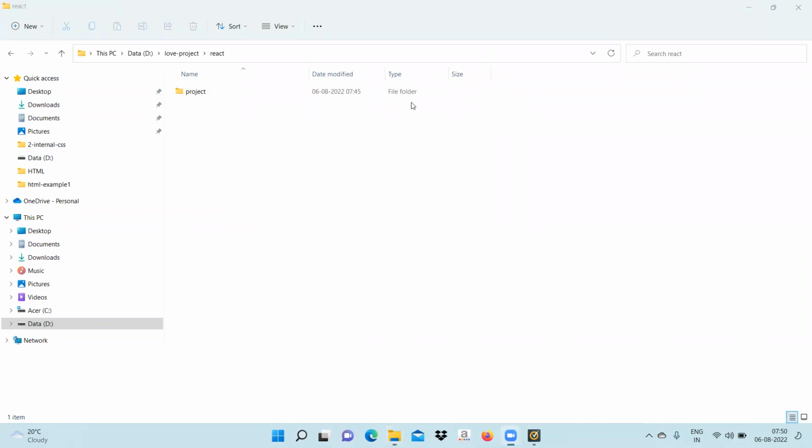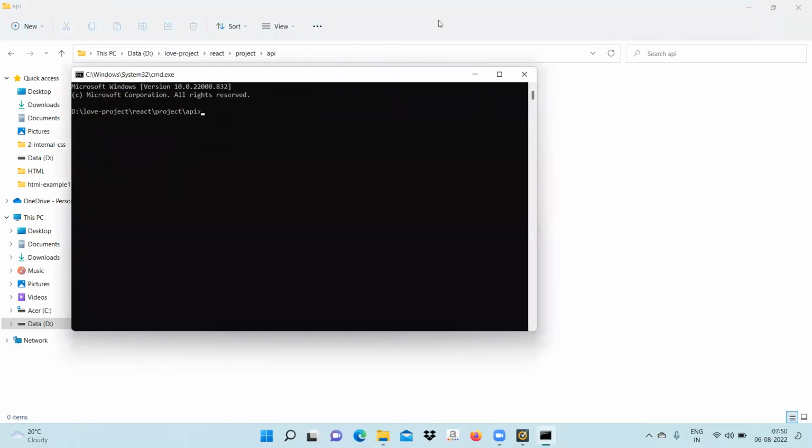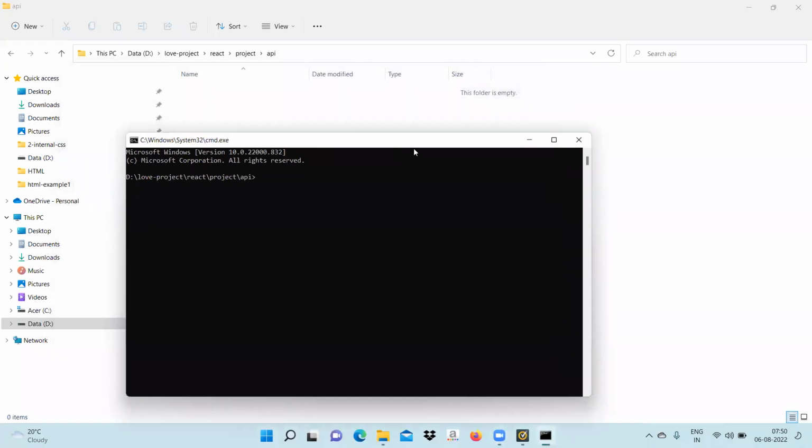Okay, let's move on. So go to the JSON API folder, and open CMD. In the API folder, how do you open CMD? Go to the API folder, where we will create the project file. In the API folder, after that, CMD, and in that CMD you will write